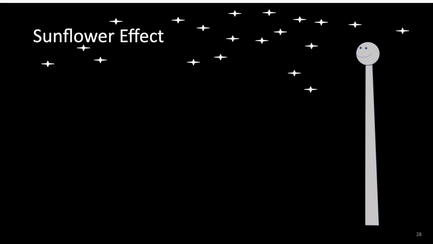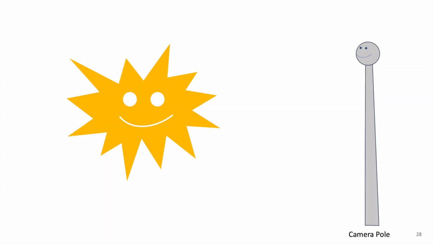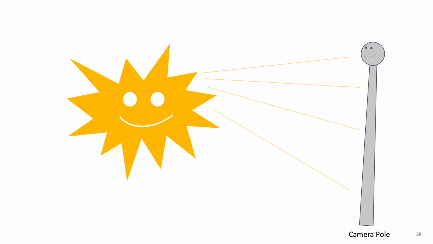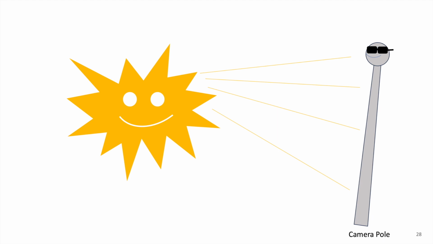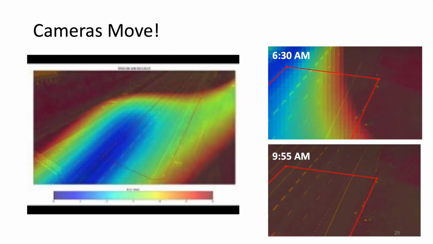And the reason why this happens is something called the sunflower effect, where basically as the sun comes up, it starts shining on the pole and it heats up one side of the pole. And because of the differential heating, the sun-facing and the shade-facing sides of the pole expand differently. And that causes the pole to lean away from the sun. And that means that the place where the camera was pointed changes as the camera pole shifts. And so this results in,